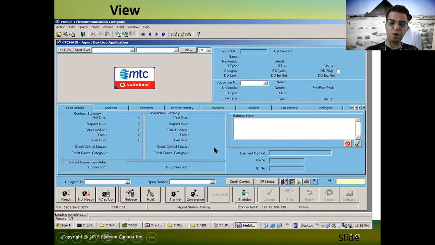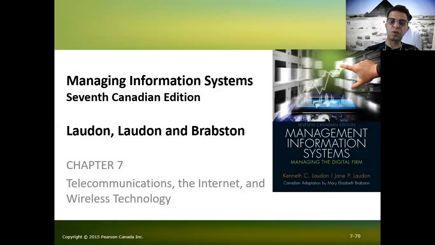This is also available for banking. So this is the end of chapter 7. I wanted to add some extra things about telco, not purely how the